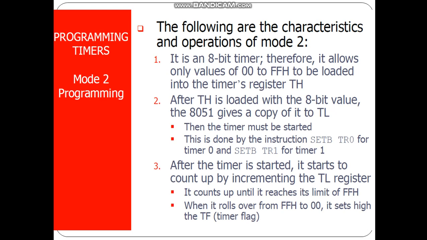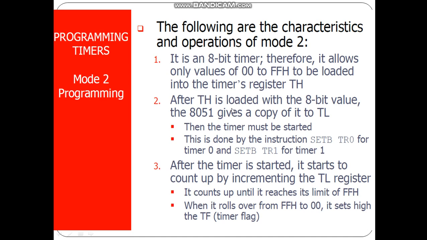Let us look into the programming part. So as mentioned earlier, this timer is an 8-bit timer. When I say 8-bit timer, the minimum value it can hold is 00. Then upon receiving a clock pulse, the value becomes 01. Then the value becomes 2, 3, and so on. And the largest value it can hold is FF. And for the next clock pulse, there will be an overflow. And once again, the value in the register becomes 00H.